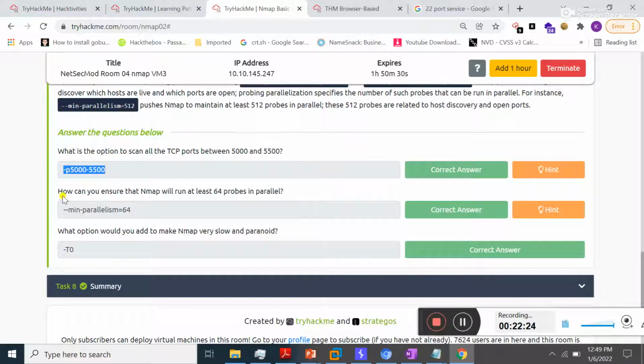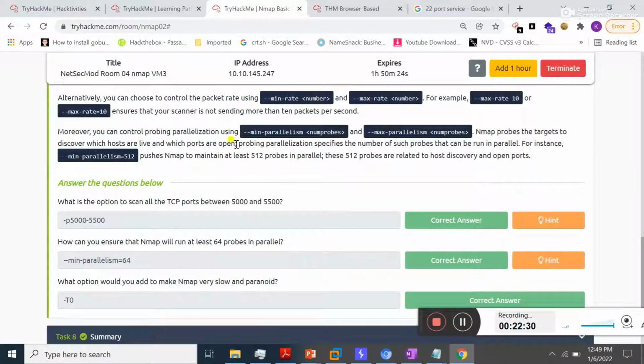The next question is: how can you ensure that Nmap will run at least 64 probes in parallel? You can control probing parallelization by using these parameters. If you want to ensure at least, you can use minimum parallelism. Here you can see --min-parallelism equal to the number of probes, that is 64.